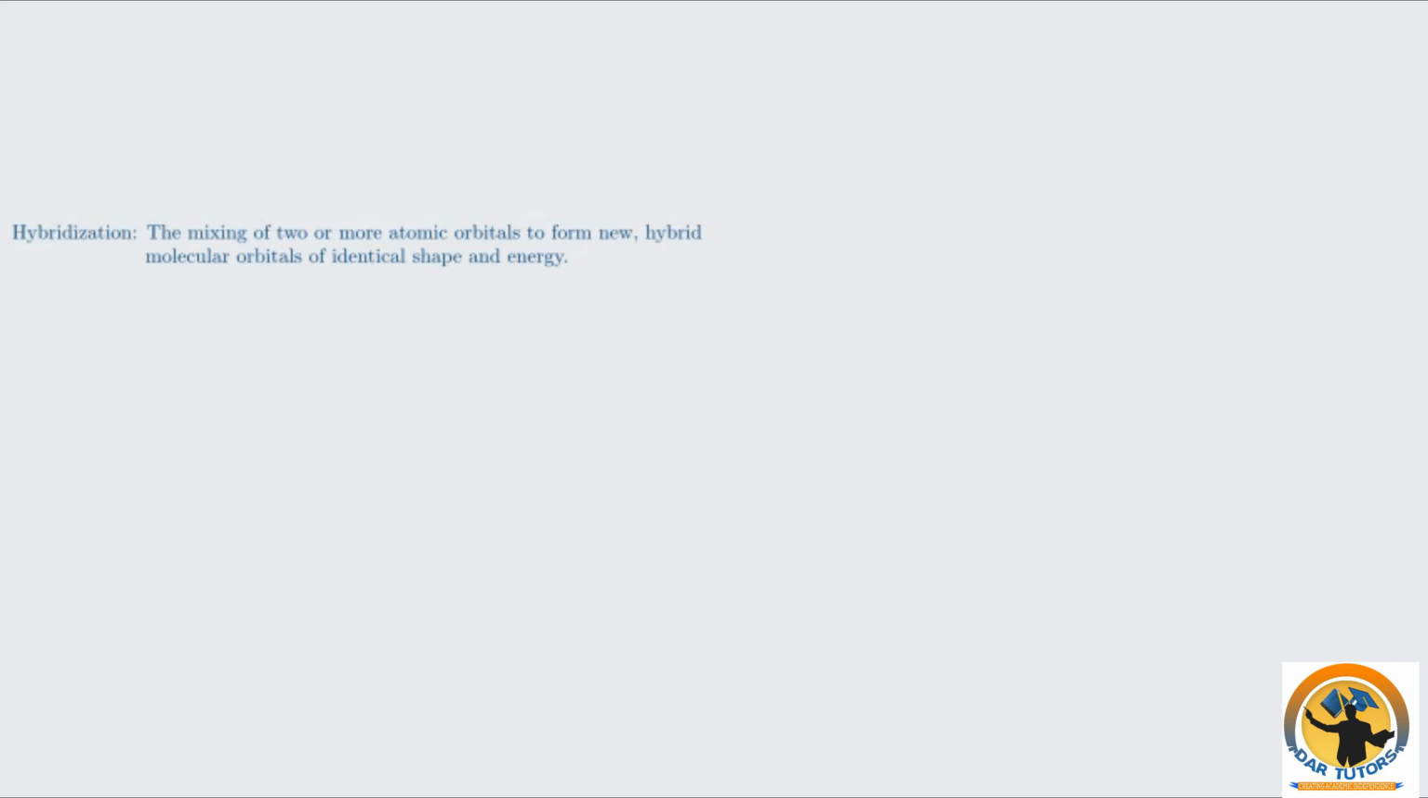Why is this necessary? Consider methane, CH4. VSEPR theory predicts a tetrahedral shape with 109.5-degree bond angles. A carbon atom in its ground state has the configuration